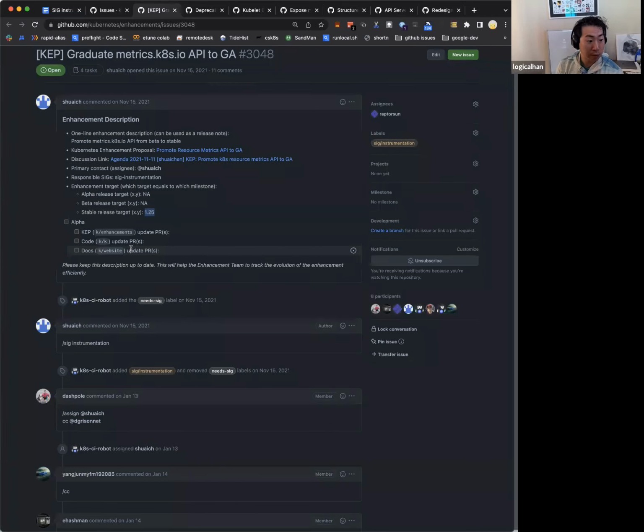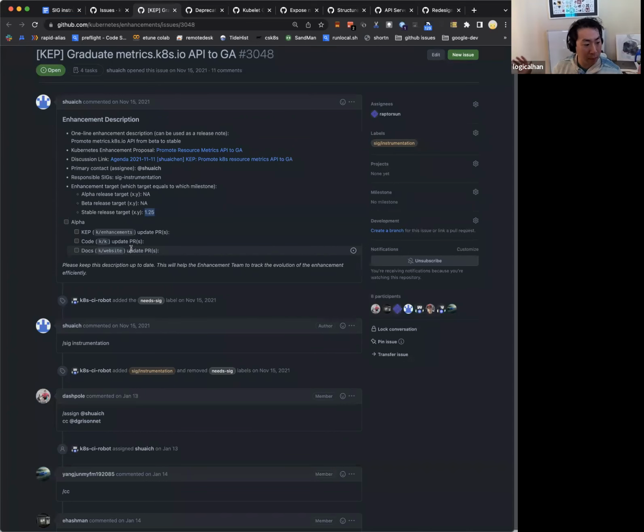Because then we would create a new one, and just add metrics to it, because metrics are individually versioned. So the metrics endpoint being versioned actually doesn't have that much semantic meaning anymore. And it doesn't make sense to just create a new endpoint. Then everyone has to migrate metric endpoints. It just doesn't make sense. We should just promote it to stable.